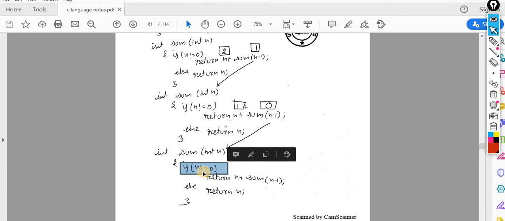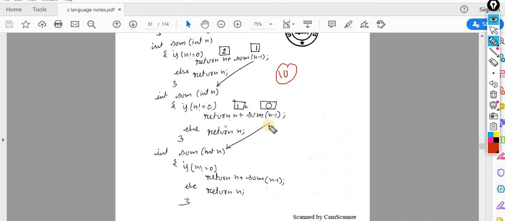So this is my stop condition. It means that when the number is not equal to 0, I am supposed to perform it. When the number becomes 0, immediately your else will be executed. Let's suppose you pass 10.